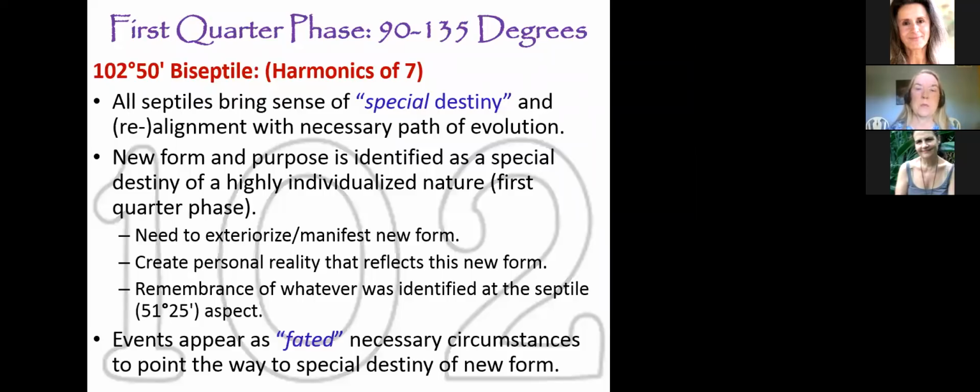Now, a septile is always going to also relate to the first quarter phase. The biseptile is a new form and purpose. Again, first quarter squares, first quarter phase, crises in action. We've got to bring whatever is wanting to evolve between any two planets outward, yang energy, into manifestation. So that's why we're creating these new forms and a new purpose. And so as we get to that biseptile, it's going to start to become very individualized to us,